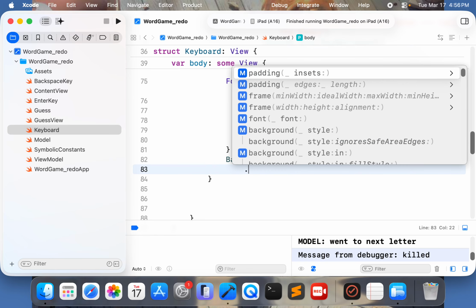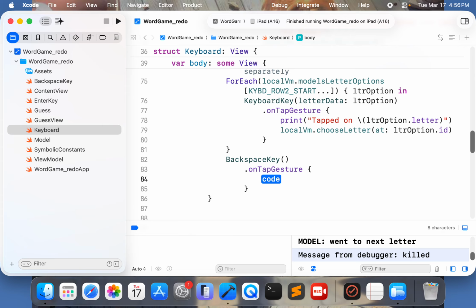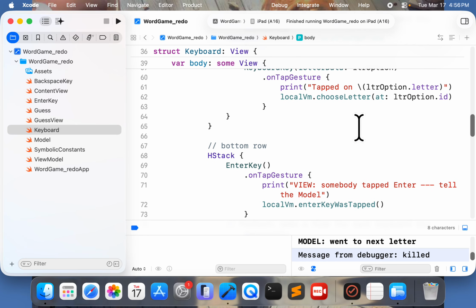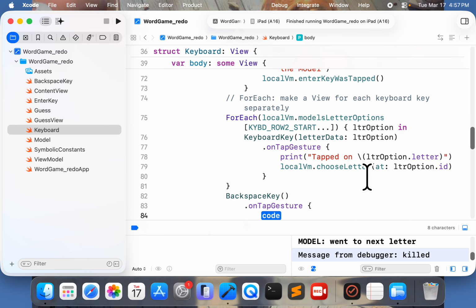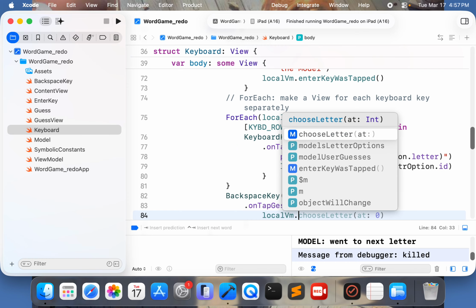Dot onTapGesture. There. I'm not even going to bother to print to the console. I'm just going to alert the media. And the media here is local VM. Local VM choose letter. Local VM enter key was tapped. Following in the same pattern, local VM, which is our local copy of the one and only one view model, dot,